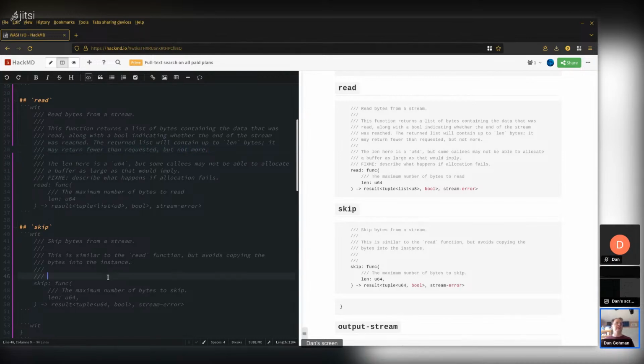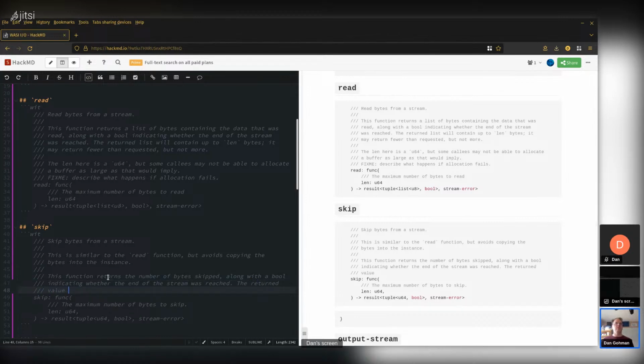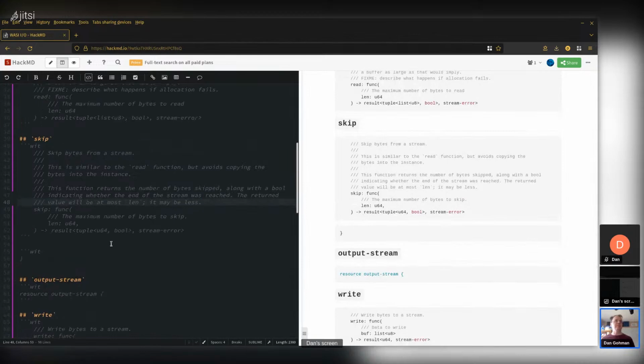Okay, so we're going to say a similar thing for the skip function: number of bytes skipped, along with a bool. Okay, so that is the skip function.